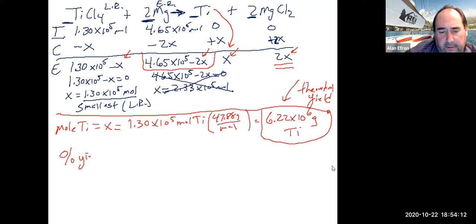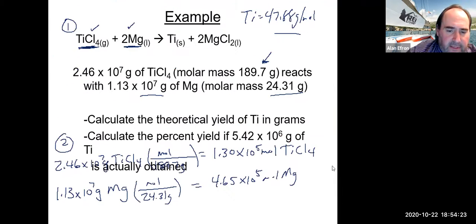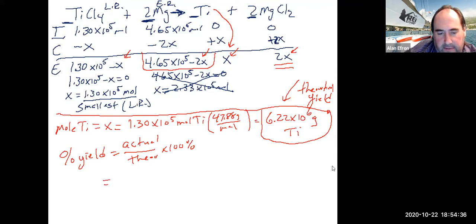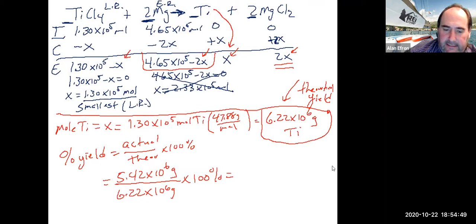So our percent yield is our actual yield divided by our theoretical times 100%. So we just got our theoretical yield. And as I mentioned before, usually given to you in the problem is our actual yield, which it was here. So basically, we're just going to divide those two numbers. So that's 5.42 times 10 to the 6 divided by our theoretical 6.22 times 10 to the 6 times 100%. And that gets us something like